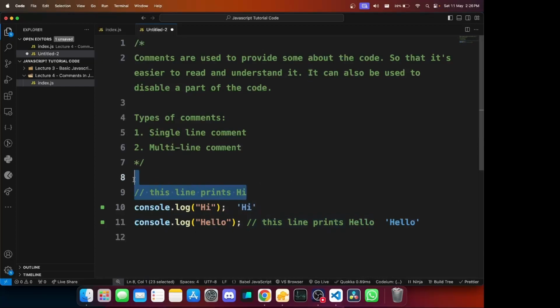Although single line comments look like they would span the whole line, it's not necessarily true. In this case, it was spanning the whole line because it was starting from the start of the line, but it may or may not start from the start of the line. You can start it after writing some code, so it would start from there, and the part you have written before that would not be considered as a comment. That is a very important thing to understand. This is how you can write a single line comment.